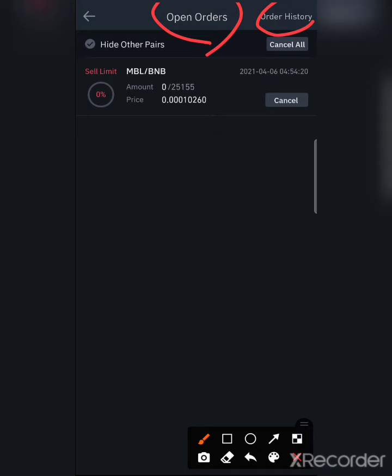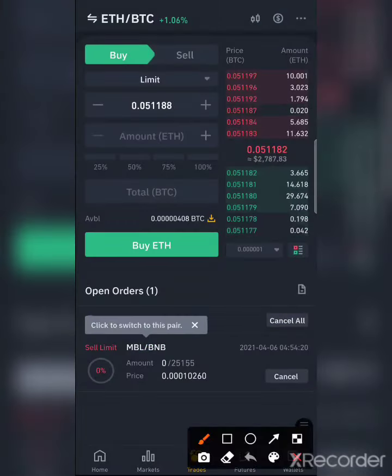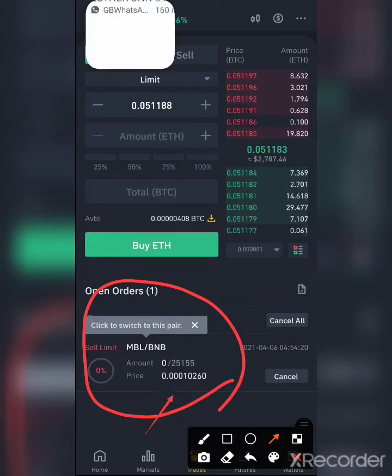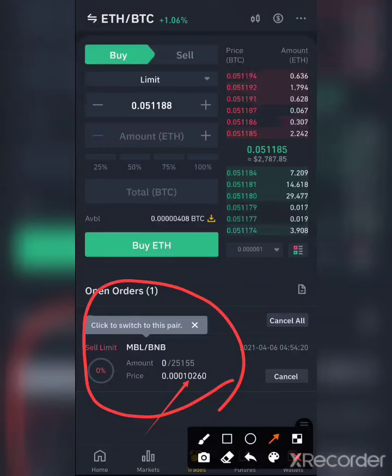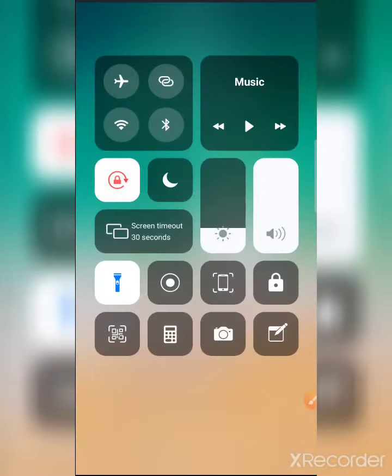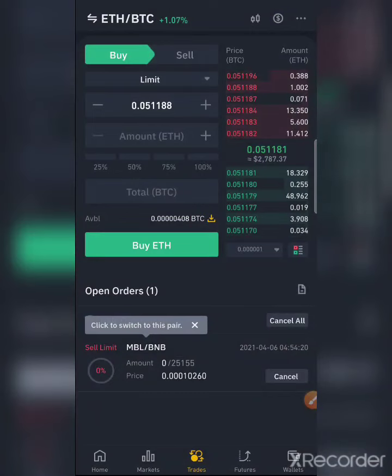So this guy whose account I'm using to trade has a trade that is going on currently. You can see he placed this trade already. You can see it, MBL BNB. So it's one of my student accounts that I'm using to navigate the whole thing to you. You can see the guy has a trade currently going on. He has set it to sell: when it gets to this point, let it just sell. So that's what the person has done. That's the whole thing all about buying and selling cryptocurrency via the spot trading platform. That's what it is all about. Just a simple buying and